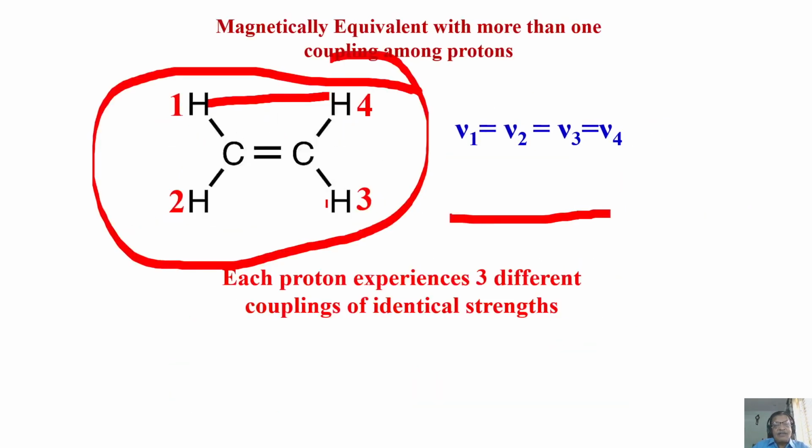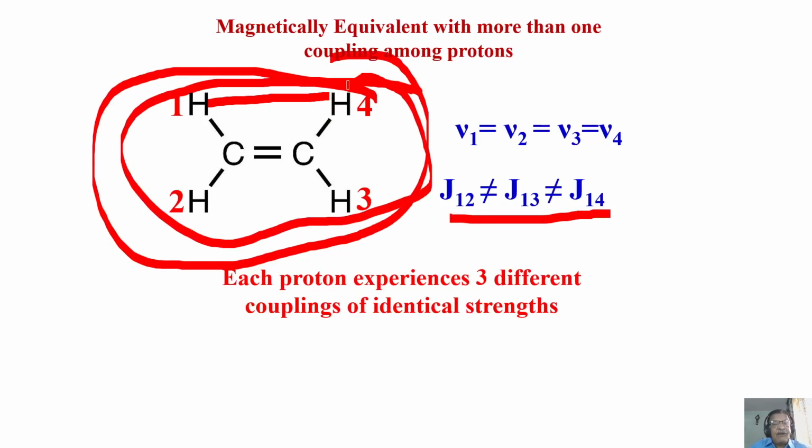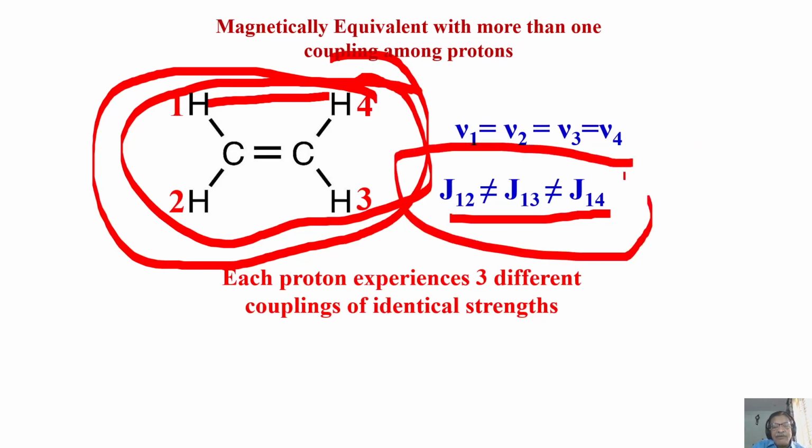The same holds in this example. But then the question is, how do I know what the coupling is? Here also I get only a single peak. Ethylene, at 5.29, as I showed you in one of the chemical shift slides. All protons are chemically equivalent and come at 5.29 ppm. With one peak, how did I measure all the couplings? This is a fantastic example to show how we can get the couplings in chemically or magnetically equivalent spins. We will discuss this later, after a class or two. I'll take specific examples of how we can get the couplings among chemically equivalent spins. We'll come to that later.